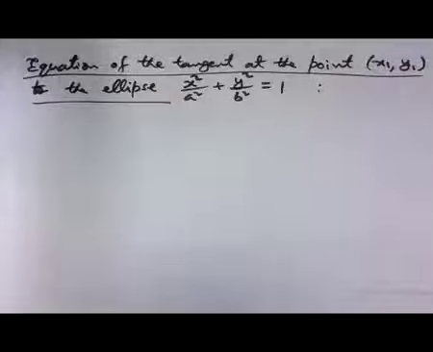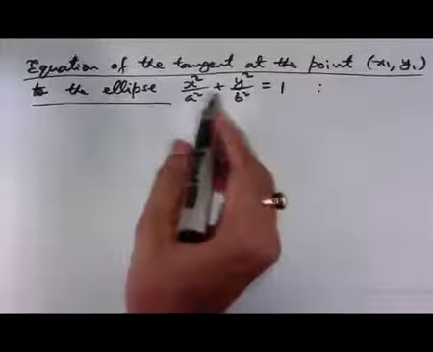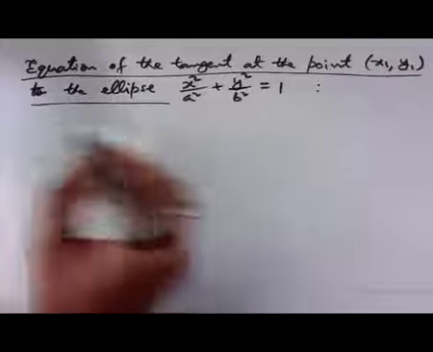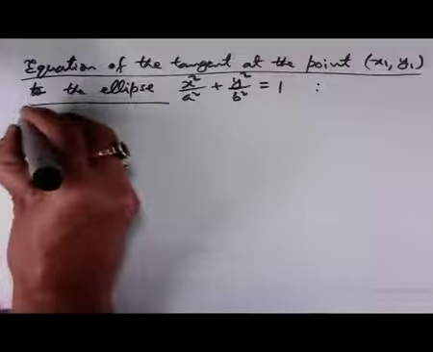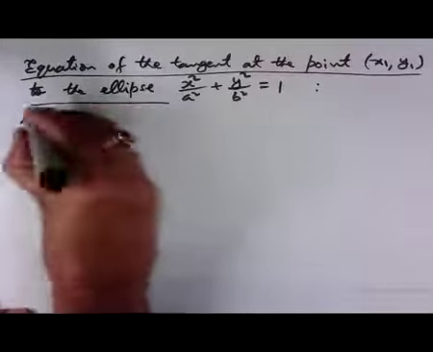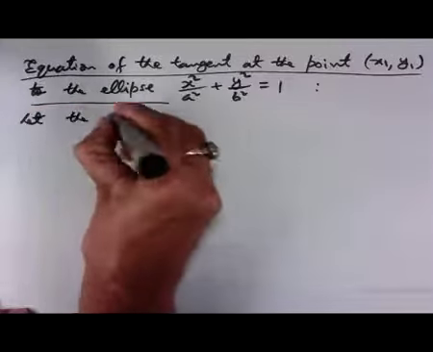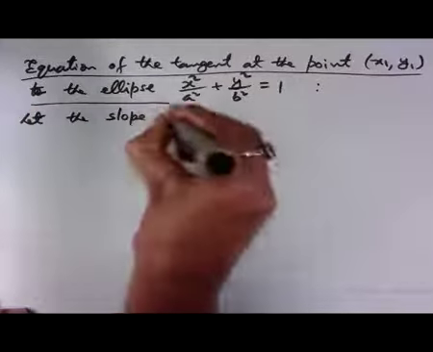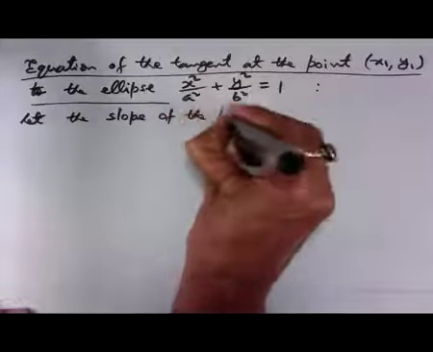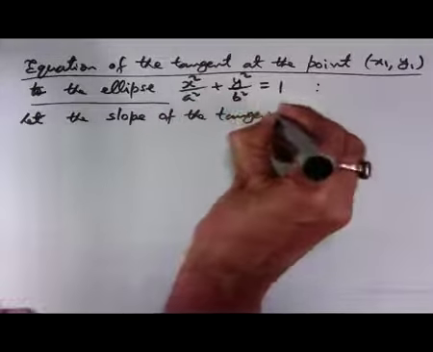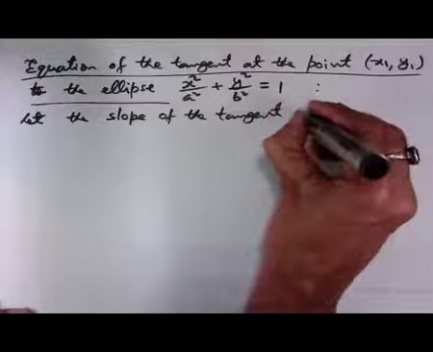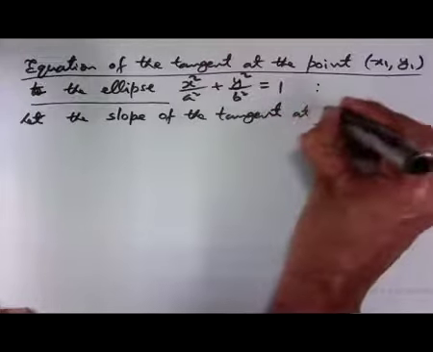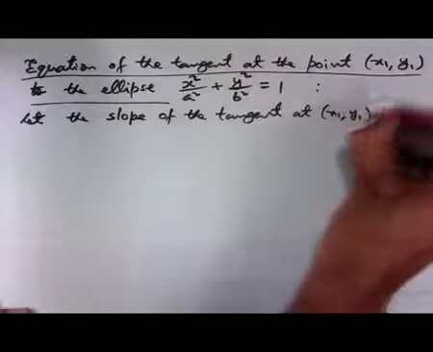So, we will do this in two different ways. The first one we will do using what we have just done. So, let the slope of the tangent at (x1, y1) be m,